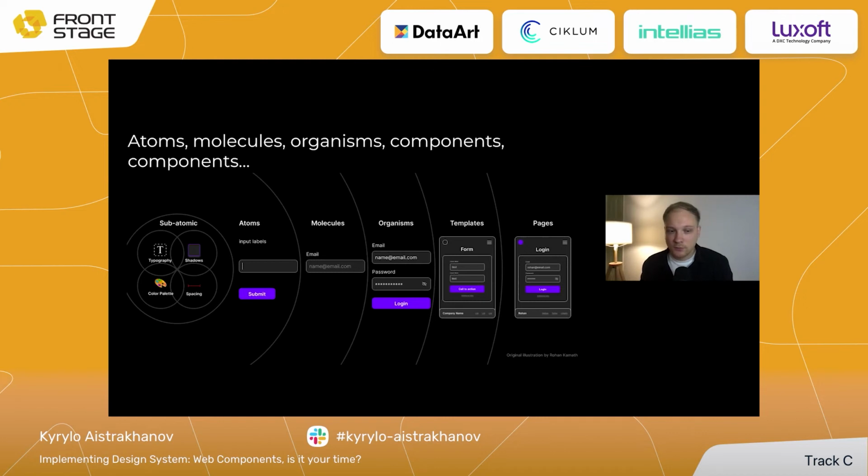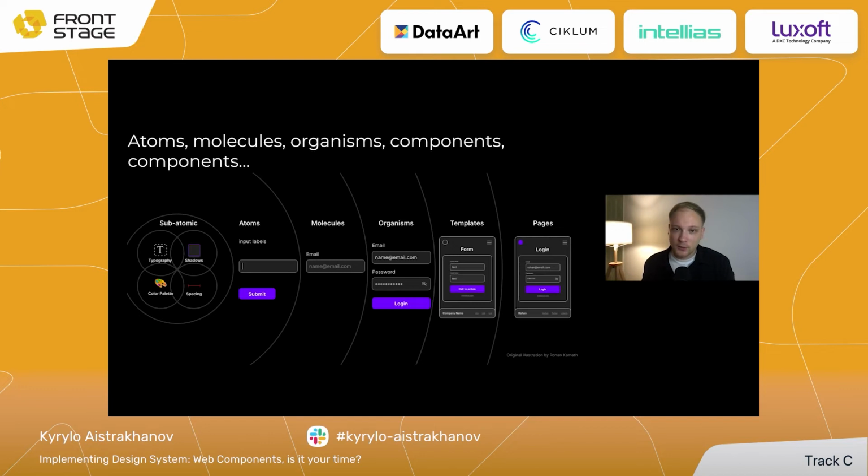And this slide, I think, perfectly shows the main basics of any design system. If we take a look from the left to the right, it provides us different layers of composition. So at the left side we get less complex features and units, and at the right side we get more complex products, pages, and so on. And you can call it any name that you like, but the atoms, molecules, and organisms, I think, perfectly describe the basics of design system.